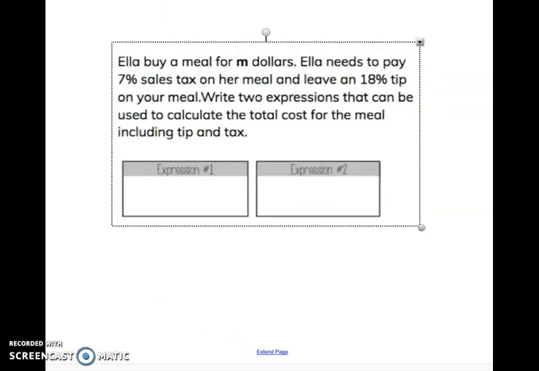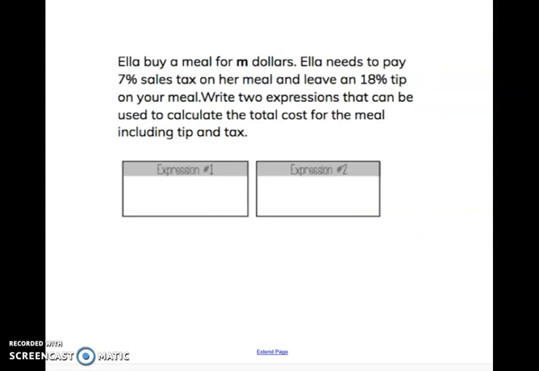So for this example, we are going to write an expression that includes tip and tax. Ella buys a meal for $M. Ella needs to pay 7% sales tax on her meal and leave an 18% tip on her meal. We need to write 2 expressions that can be used to calculate the total cost for the meal, including tip and tax. So in this case, the meal is M. Remember, she also pays 7% of the meal for tax, and 18% is off the original meal, not the taxed